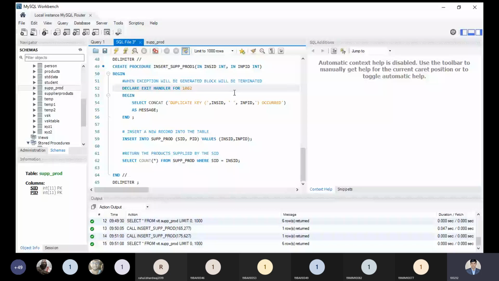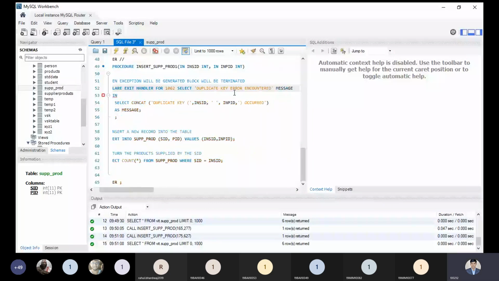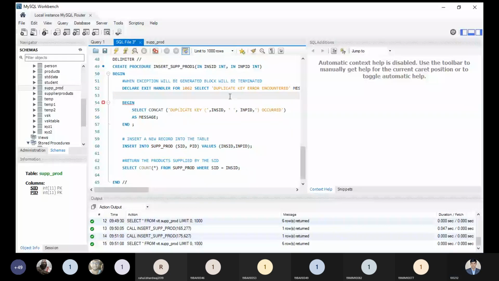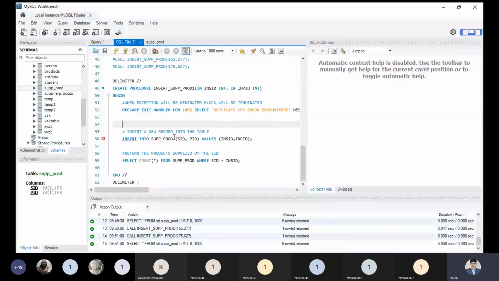It is a better idea to define it like this: select duplicate key error, duplicate error encountered, as a message. Now there is no need to use this block right now.